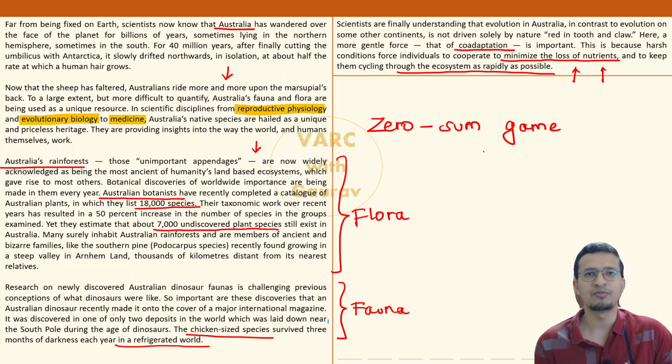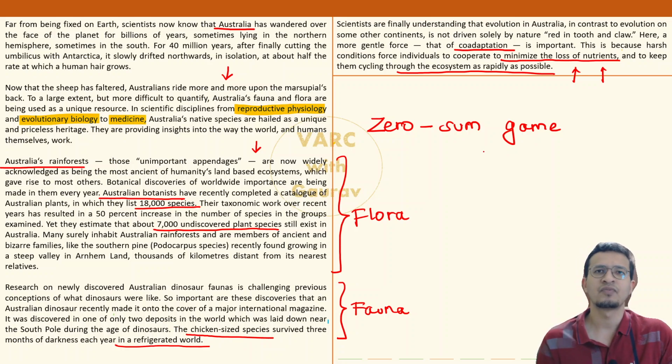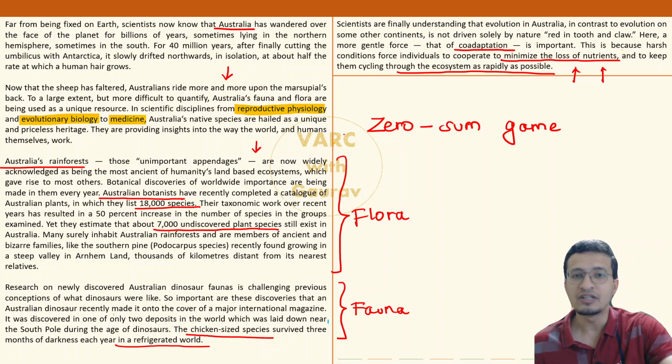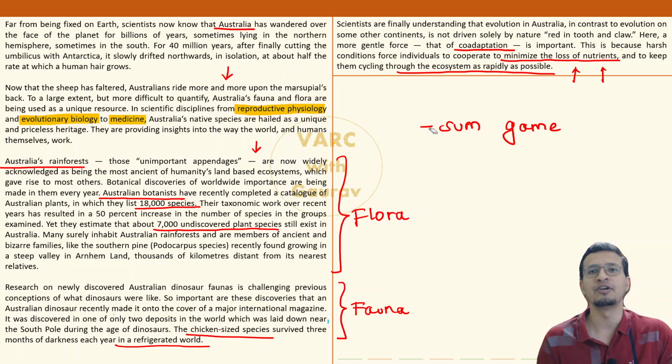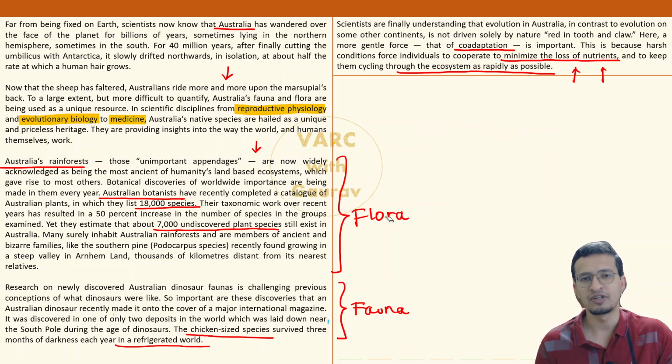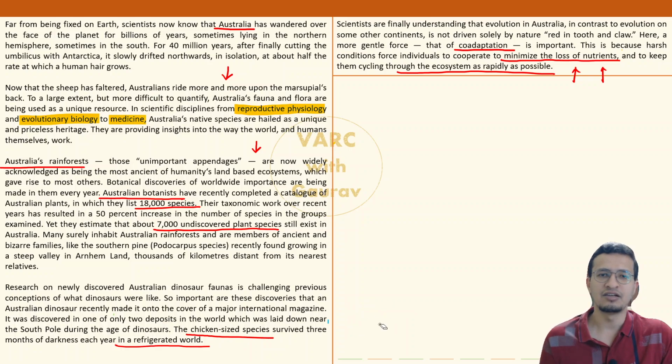So what is the takeaway from the entire passage? Very straightforward. Australian flora and fauna, very unique, turns out very ancient also, and till date we did not give it serious thought, did not take it seriously, but finally its day, its moment in the sun has come, and the Australian ecosystem, its biodiversity is being looked upon very sincerely, very seriously, and given due appreciation now. That's it. Okay. So with that in mind, let's see what the questions are.